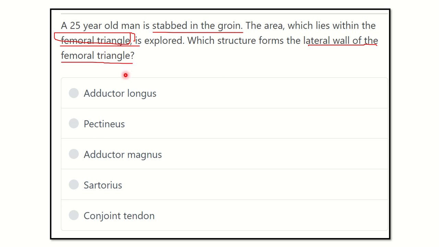Here the options are adductor longus muscle, pectineus muscle, adductor magnus muscle, sartorius muscle, and conjoint tendon. So we have to find out one of the structures which form the lateral wall or lateral boundary of the